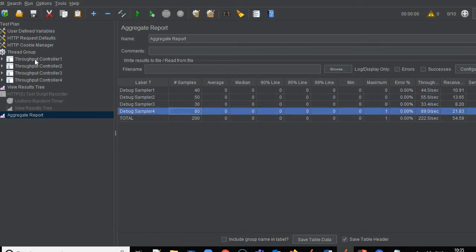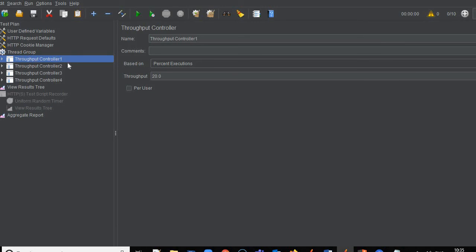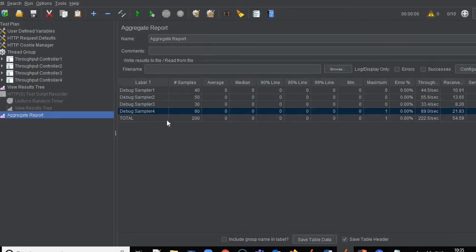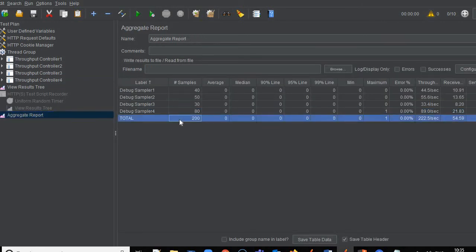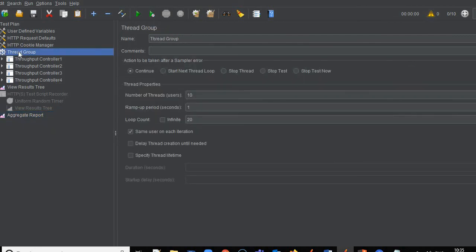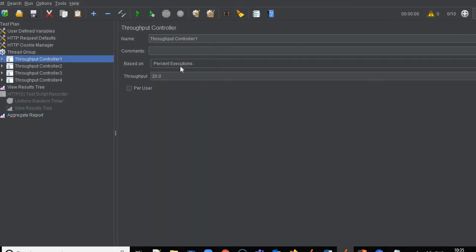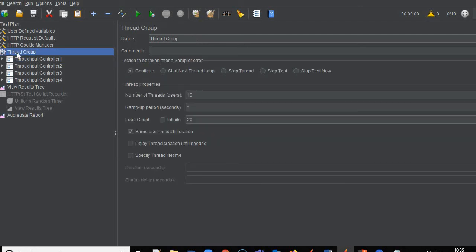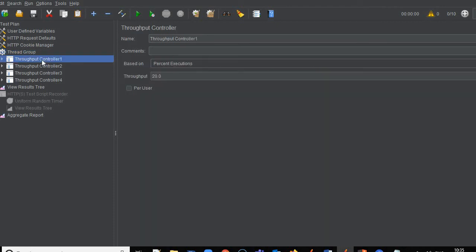So based upon the settings we did in the throughput controllers, 20%, 25%, 15% and 40%, the execution got executed, and in total we achieved the target we mentioned in our thread group. Because when we select percent executions, it doesn't override anything mentioned in the thread group and executes according to that only. Now the last thing left in the throughput controller is what happens if we select this per user.